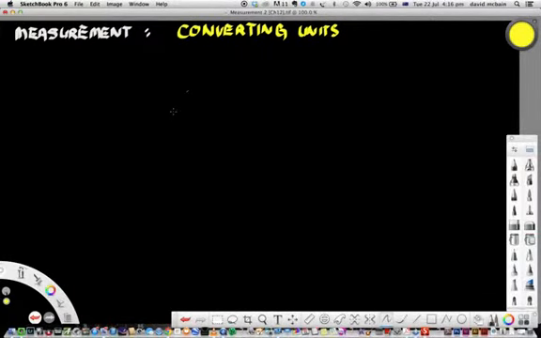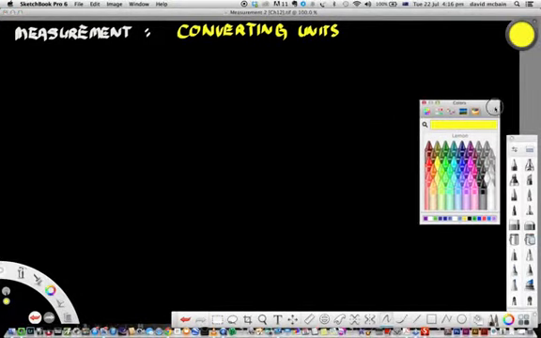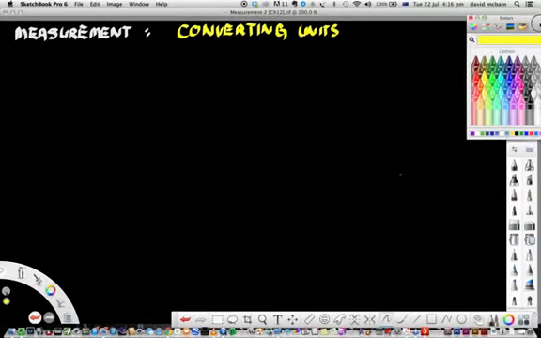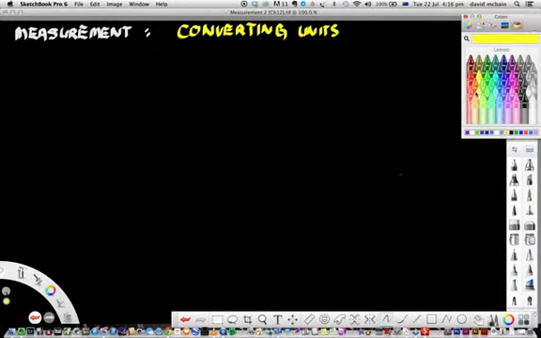Okay, this lesson is on one aspect of measurement, which is converting units. So today, in this first video, we're going to look at how we can convert meters to centimeters to millimeters and so on. So a really good way to look at this is to arrange our